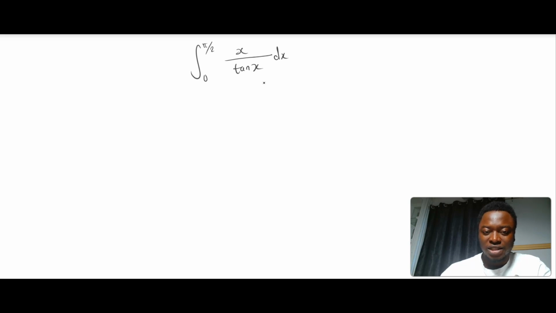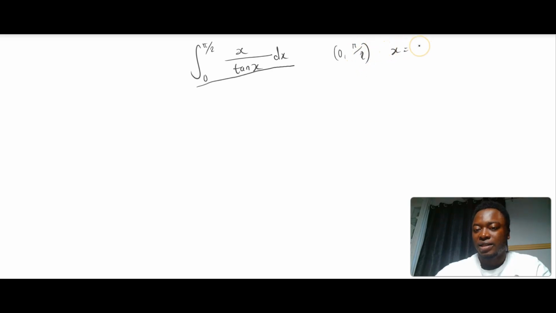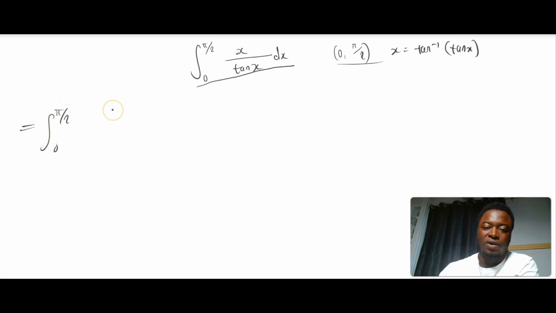Today in this video we have an interesting integral to solve, and it says we should evaluate the integral from 0 to pi over 2 of x divided by tan of x dx. Now we're going to use the fact that in this interval 0 to pi over 2, it is possible to write x as tan inverse of tan of x. In fact, tan inverse of tan of x equals x on this interval, and we're going to use that and write this as the integral from 0 to pi over 2 of tan inverse of tan of x all divided by tan of x